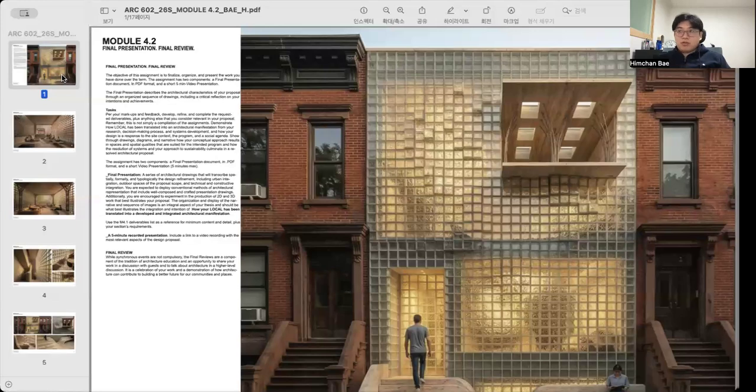So this is my presentation. In the early stages of these studios, I experimented with different materials like natural slate, stainless steel, red brick, and polycarbonate. And through these materials, I discovered two defining desires that shaped this final